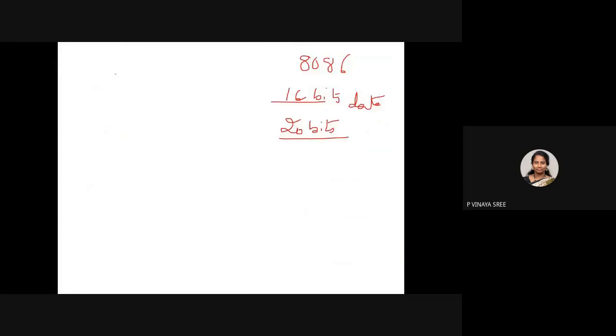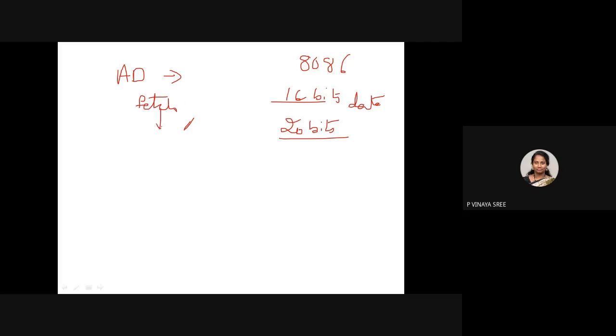Okay, so you know that when you want to cook rice, you should know the process: you have to take the rice, you need to wash it. In the same way, for address and data, to know which one is to be activated first, you should know the process of execution. We know that we have fetch, decode, and execute. These steps have to be followed to complete an instruction cycle, to complete an instruction execution.